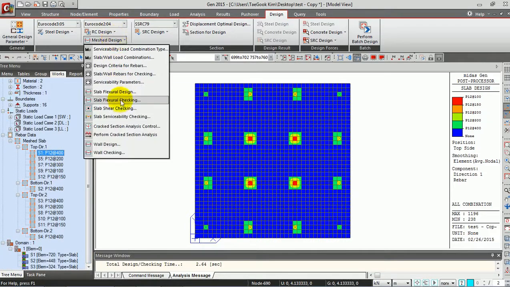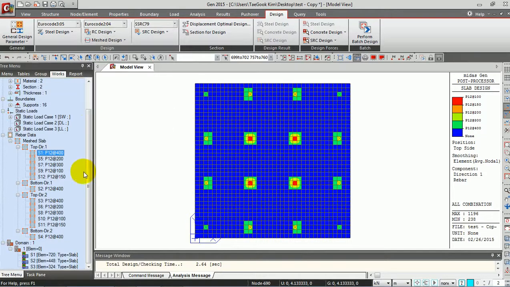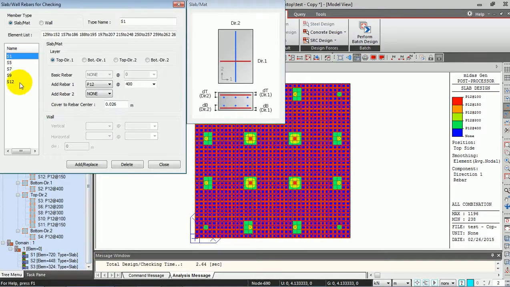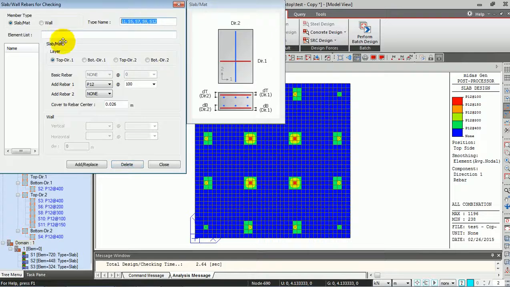So we are going to see this slab flexure checking. In order to do that, I'm going to give different rebar data. So go to the properties. So just delete all the rebar data we just designed and give the new rebar data. So I'm going to give the T1, S1 for